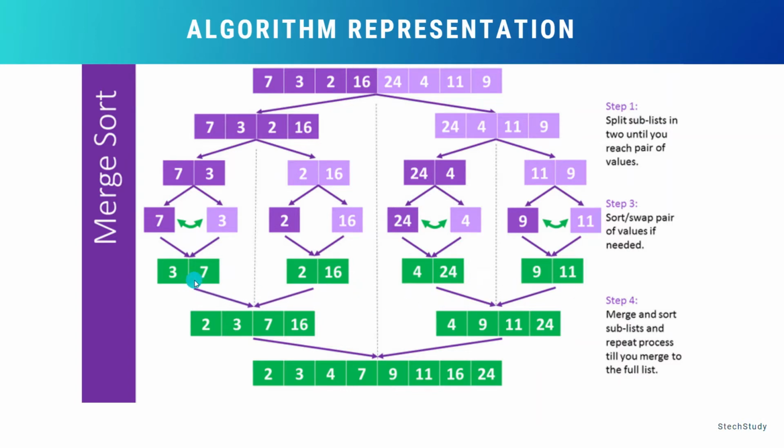Now take one pair of sets. Compare the first element in one set with the elements in the other set. 3 will be compared with 2. They are not in order. Since 3 is greater than 2, 2 will be copied to the new set. And then 3 will be compared with the other element. 3 is lesser, so 3 will be copied. Then 7 will be compared with the other element. 2 is already copied to the set, so 7 will be compared with 16. 7 is lesser, so 7 will be copied, and left out with 16 in the other set, 16 will be copied to the set.